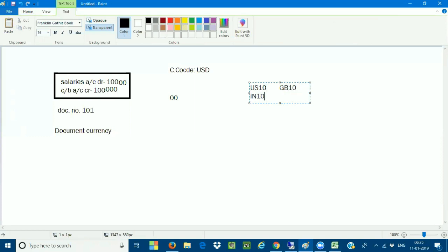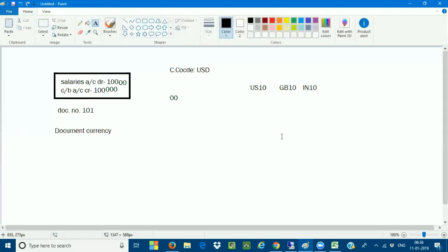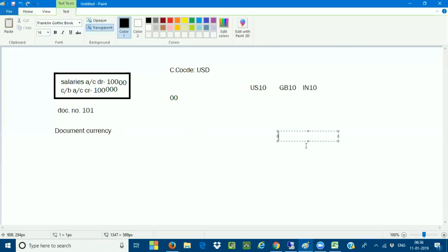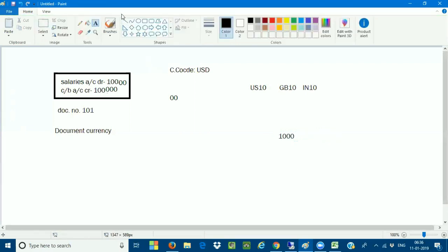So you have 3 company codes, and all the 3 company codes you are assigning to the same controlling area. We have one controlling area, for example 1000. 1000 is nothing but my controlling area. So all the 3 company codes are getting assigned to the same controlling area.